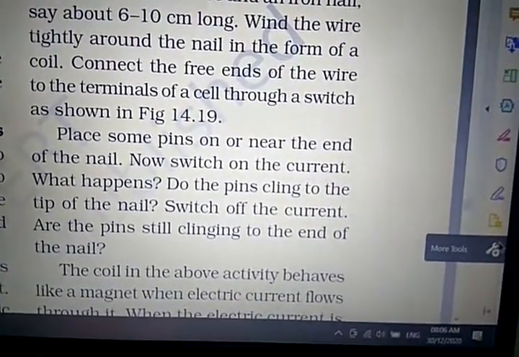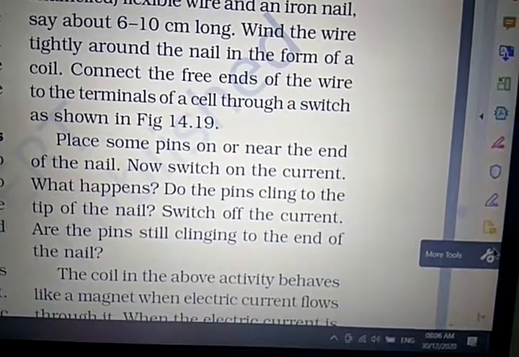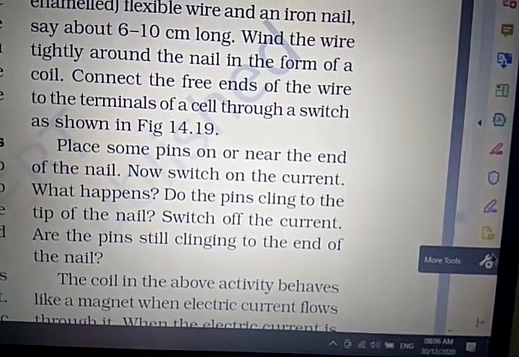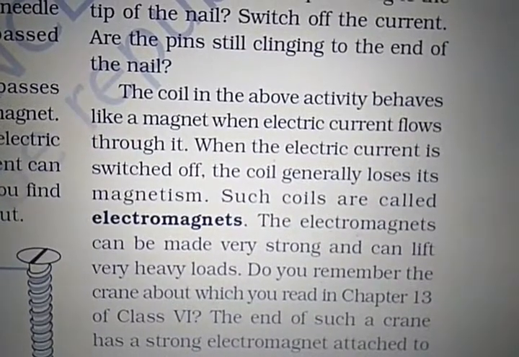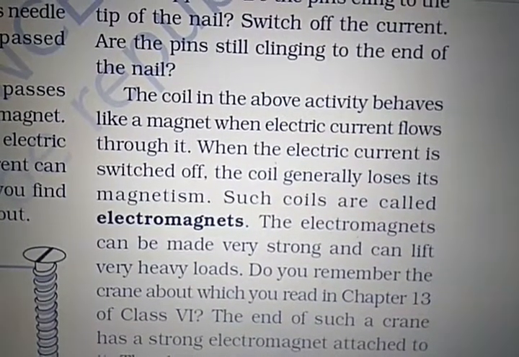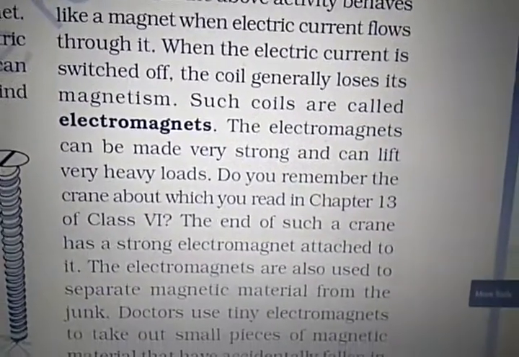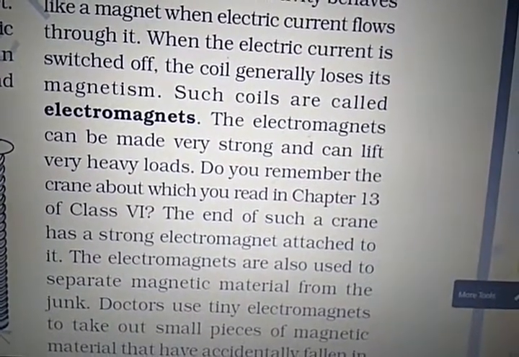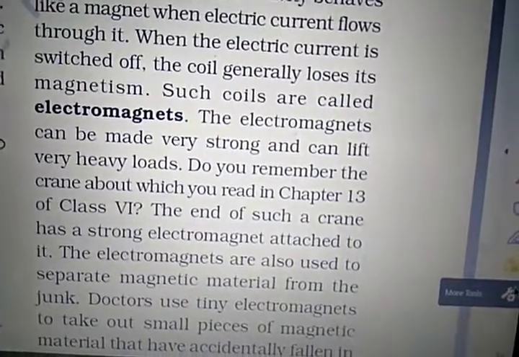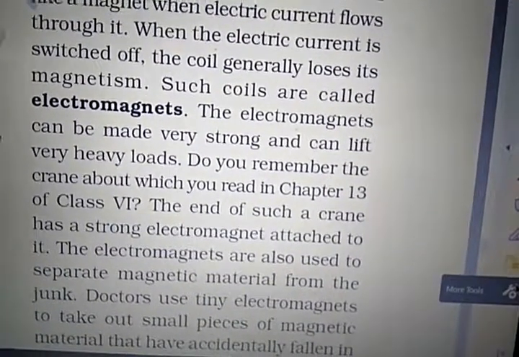So the coil in the above activity behaves like a magnet when electric current flows through it. When electric current is switched off, the coil generally loses its magnetism. Such coils are called electromagnets. Electromagnets can be made very strong and can lift very heavy loads that you can find in that